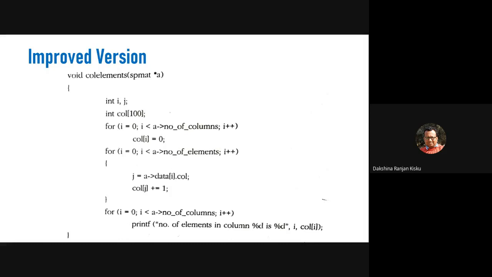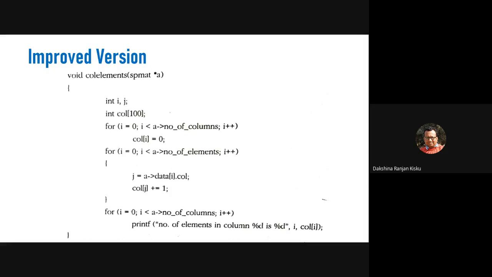So the time complexity will be order of m plus n plus p. So what is p here? As we know, p is the order of mn. So the overall time complexity will be order of m plus n plus order of mn.